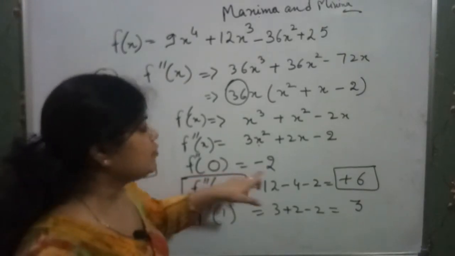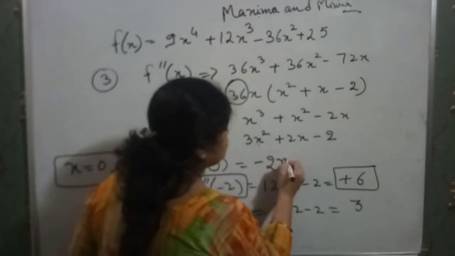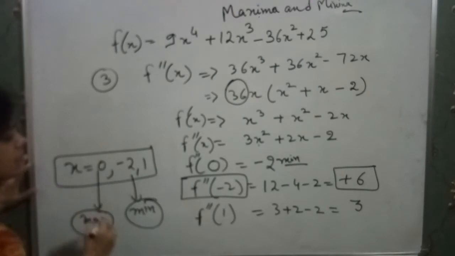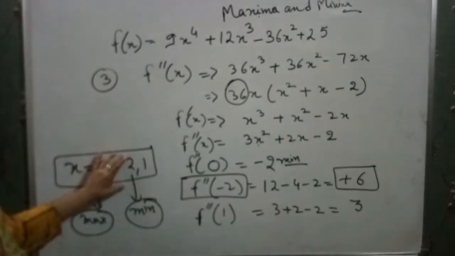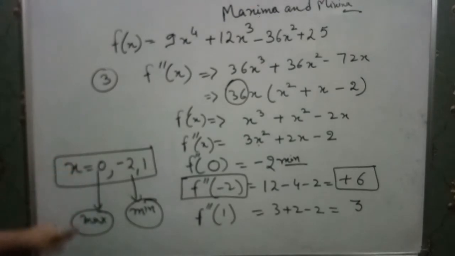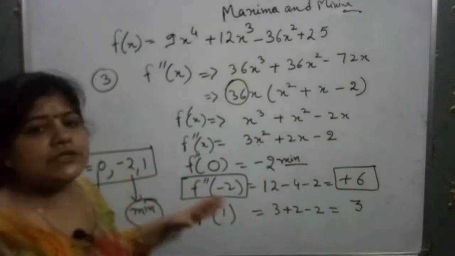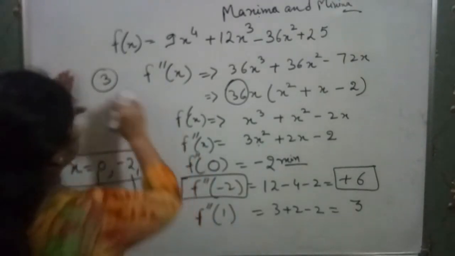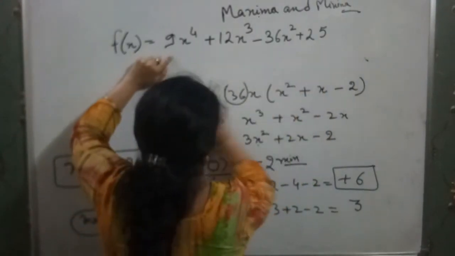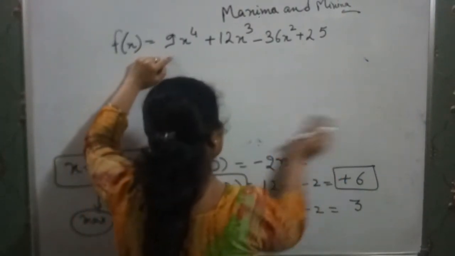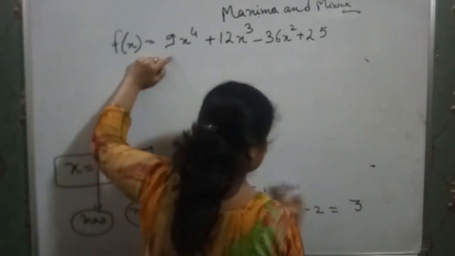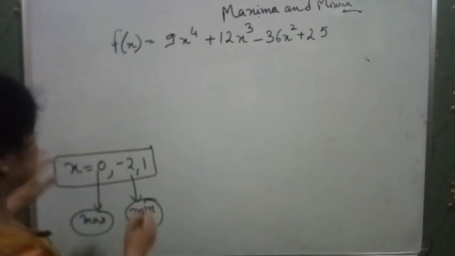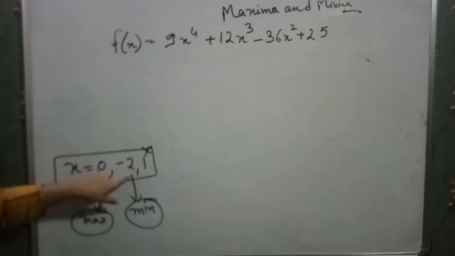And here at 0 we have minus 2. So this is the minimum value. So it becomes maximum value. So at minus 2 we got the minimum value and at 0 we got the maximum value. Now if the question says find that value which is maximum or which is minimum, then how will you do that? Just put these values in your main function fx. I will take one more question after this so that you can easily understand the concept which I want to convey to you.